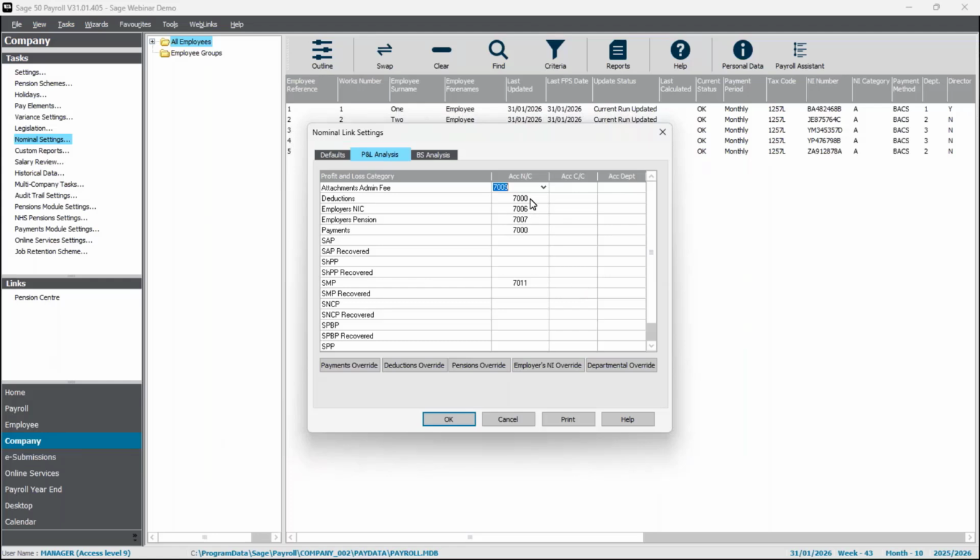So the defaults have been entered for me. These can be changed if I need to. So for example, my gross payments will be posted to nominal code 7000. And then for these categories that are missing, they're all relating to